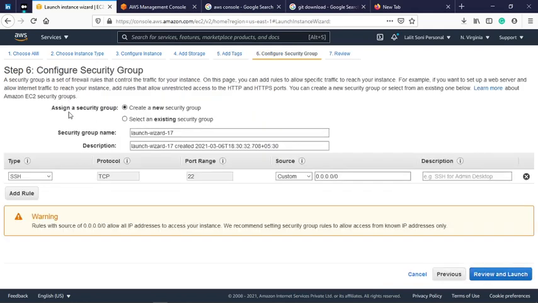Next is configure security group, and this is the most important step while launching the EC2 instance according to the need. These are computer network related concepts, which will come under that topic, so I will not touch it here.